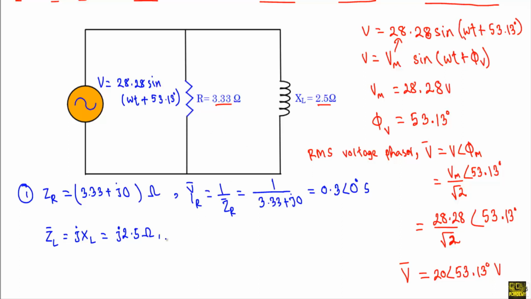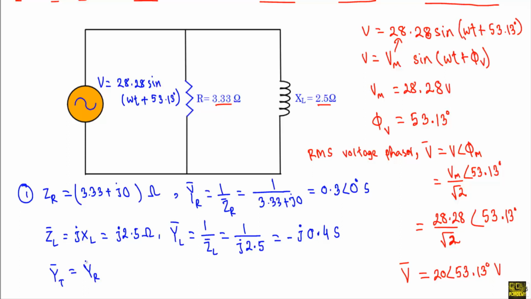Therefore the admittance in this branch, which is YL, will be equal to 1 over ZL or 1 over J2.5 ohm, which is equal to minus J0.4 Siemens. Okay, now see the total admittance in this circuit, which is YT, will be equal to